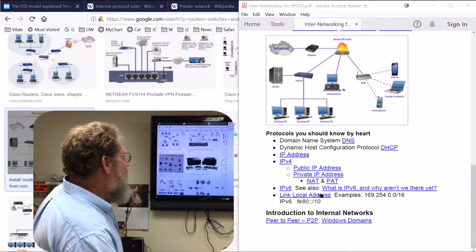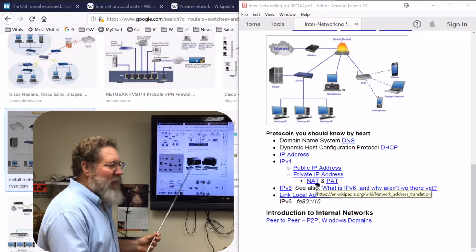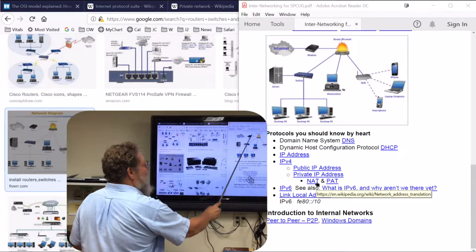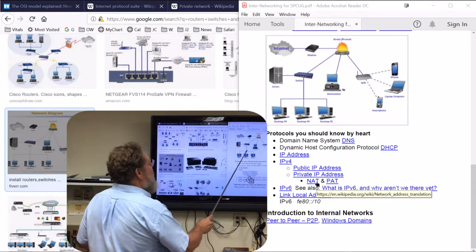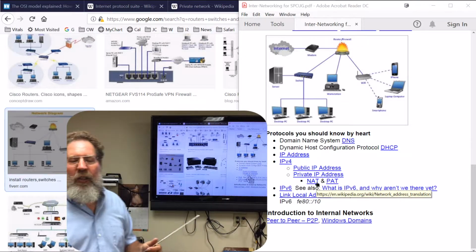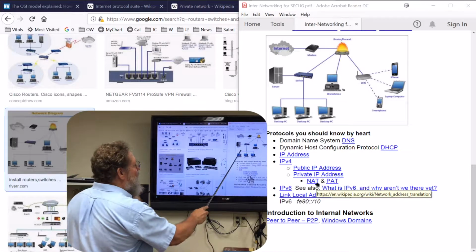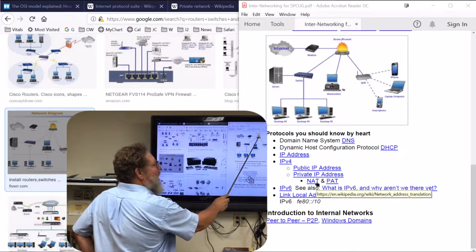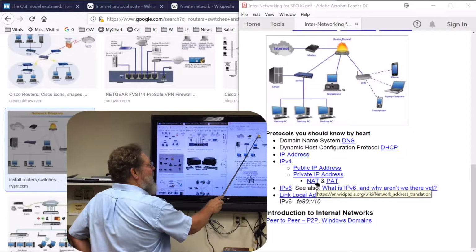So, NAT. We've talked about NAT a few times. NAT, network address translation, that is how your internal network can have private IP addresses, because when it gets to your router firewall, that's where your NAT translation takes place. That's where the internal network packets are stripped off and sent out to the internet